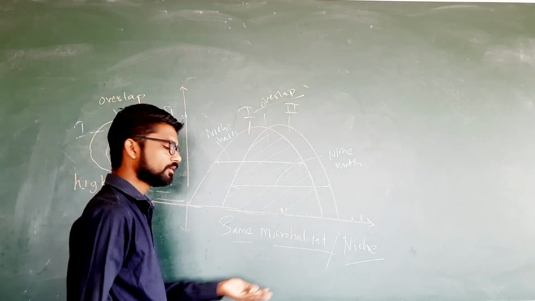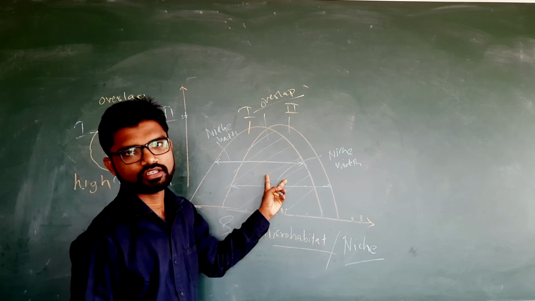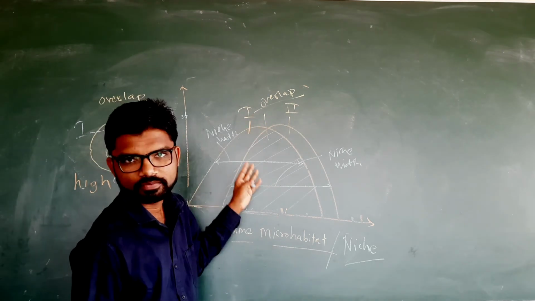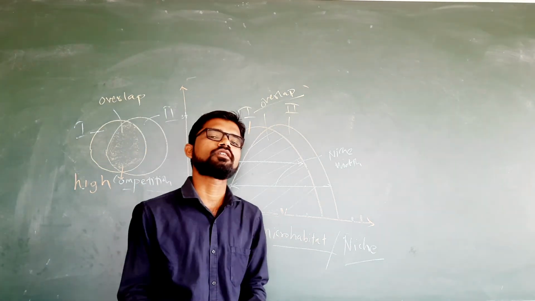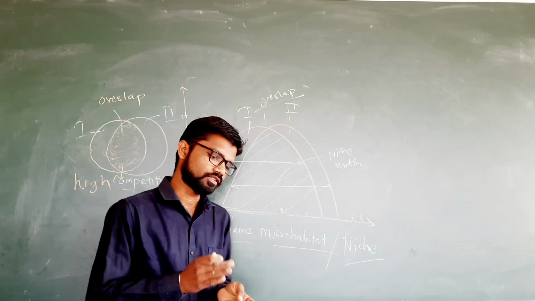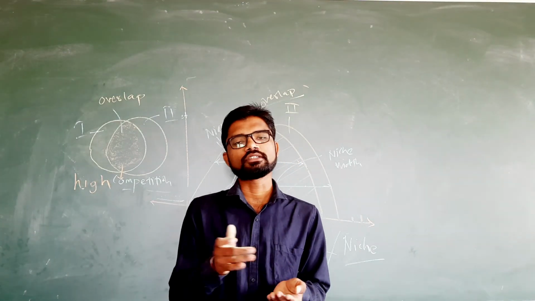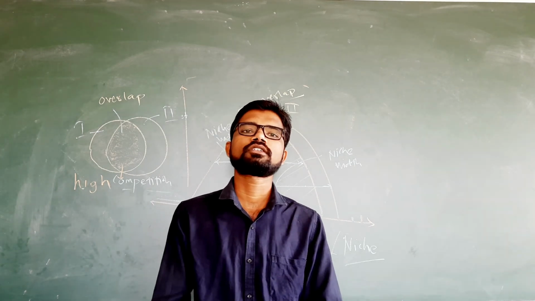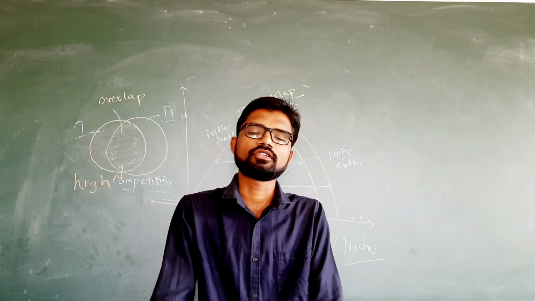We can call it a niche in the same microhabitat, where overlap means they are sharing their food, or they are depending upon each other, where the overlap takes place. Where the overlap takes place, there is high competition in that place. Where there is no sharing of food, or the food type is different, there is no overlap, or there is zero competition in that place, where the fulfillment of their needs is very good, and there is an ample amount of food, air, water and light.